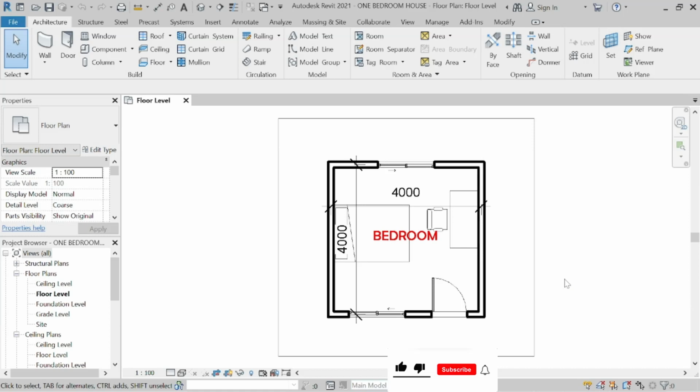Okay, so before we start, this is our one-bedroom house with our components, with our windows, with our doors, and we have the dimension which is 4 by 4 meters. In actual fact, it is 4000 mm by 4000 mm. Okay, so before we save this project as PDF,